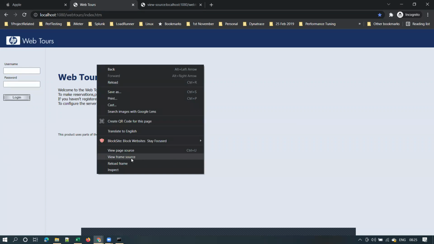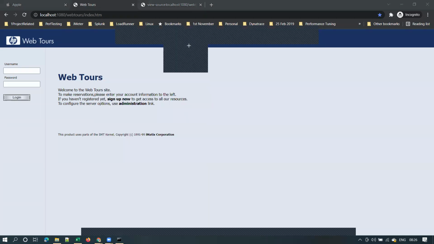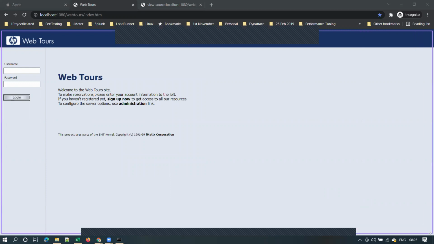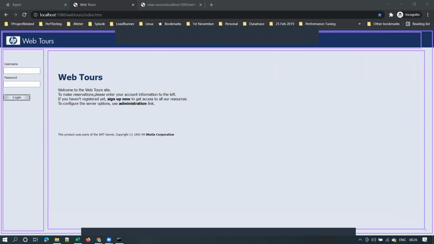Let me show you something. I'm right clicking on this. Basically, if you consider this application, it is made up of 3 frames. This particular response or page that we are seeing is made up of 3 frames. This is one frame. This is another frame. And this is another frame. HTML frames, right? You can note it down if someone is taking running notes.